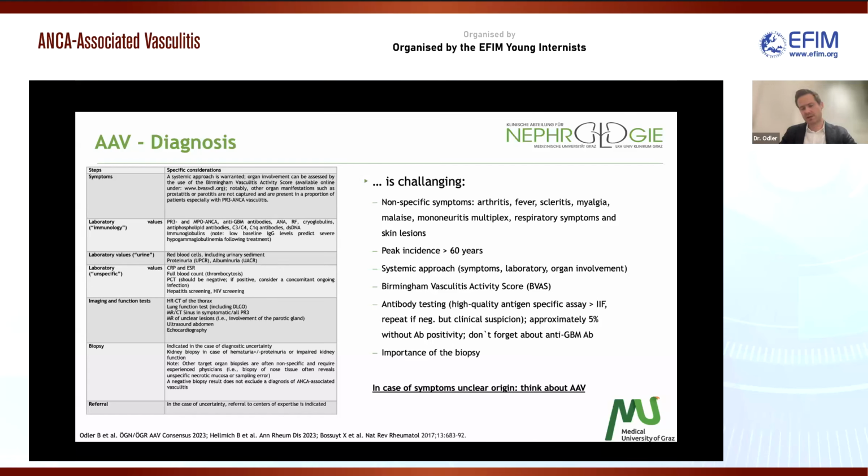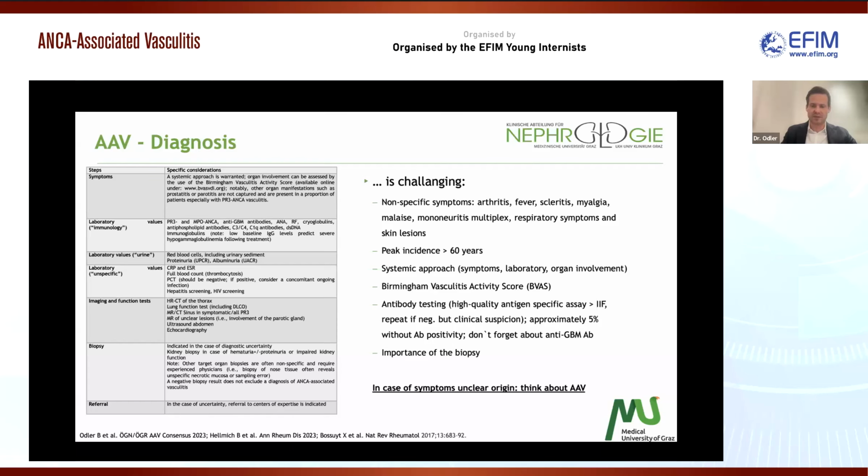But of course, the gold standard of the diagnosis is the biopsy, so the tissue biopsies. This is indicated in case of diagnostic uncertainty. Kidney biopsy in case of hematuria or proteinuria or impaired kidney function should be done. It has to be noted that other target organ biopsies are often non-specific and require experienced physicians. For example, biopsy of nose tissue often reveals unspecific necrotic mucosa and sampling error,